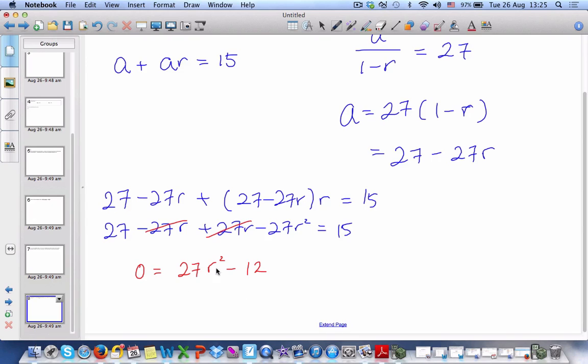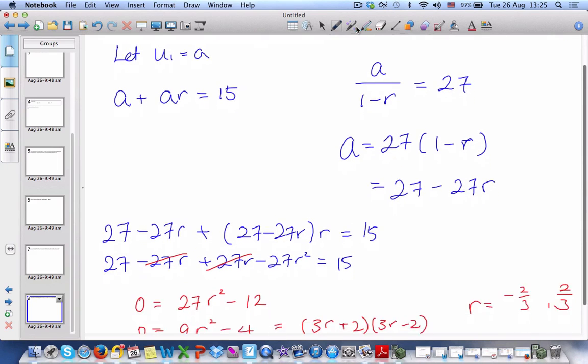Okay, so here divide both sides by 3, and that will simplify things. So 9R squared minus 4 is 0, and I can factor that 3R plus 2, 3R minus 2, and that means R is either negative 2 over 3 or positive 2 over 3,